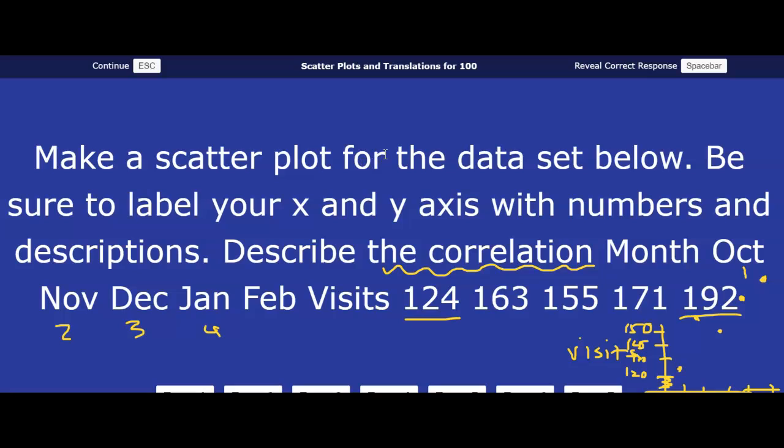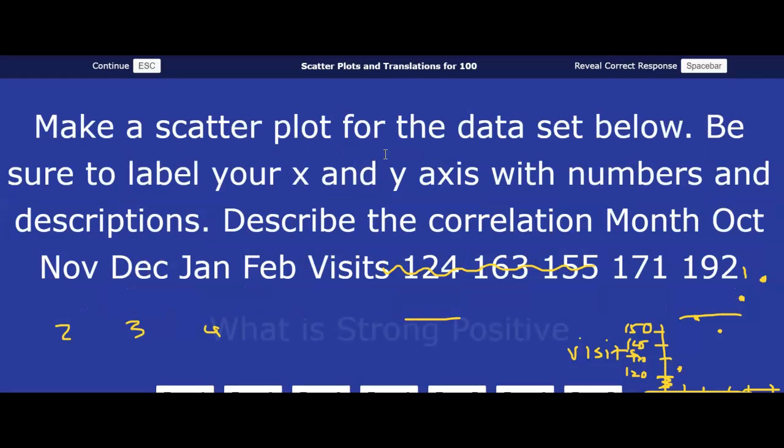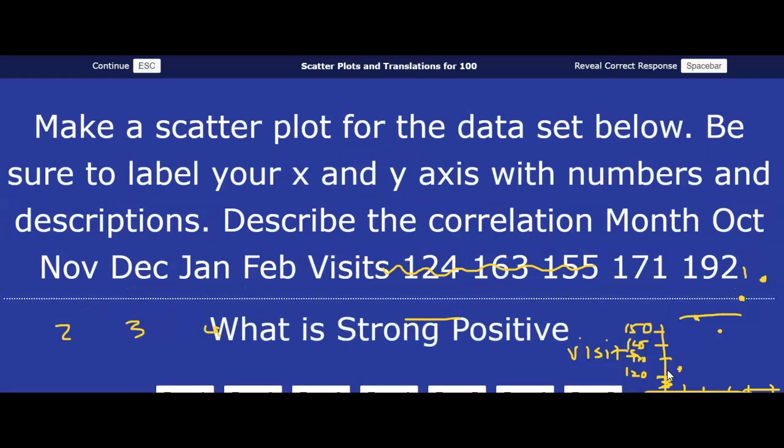Yeah, that one's kind of tricky, especially with the graph being messy. It is 100% positive, and I would probably say that's pretty strong because those points right here look fairly linear. But again, it's hard to see. Yours is even cut off a little bit. There you go. So 1, 2, 3, 4, 5.